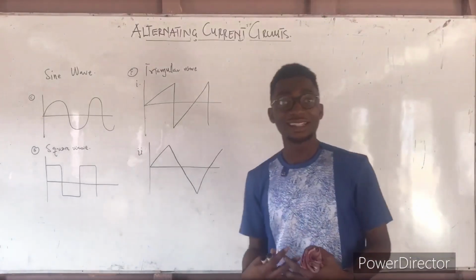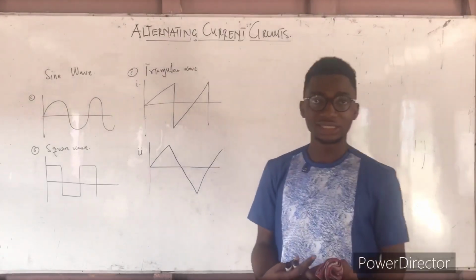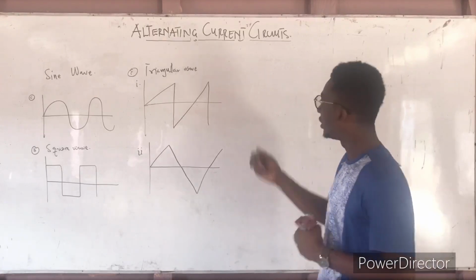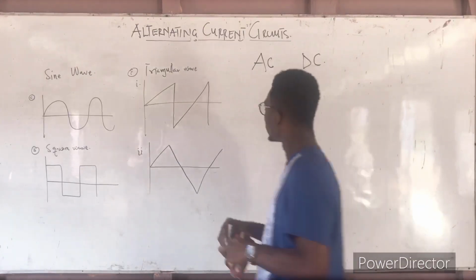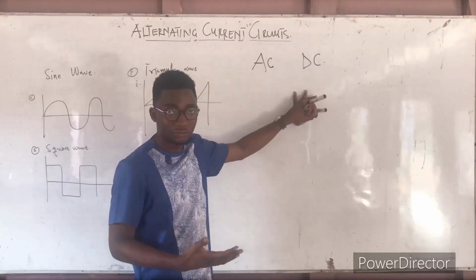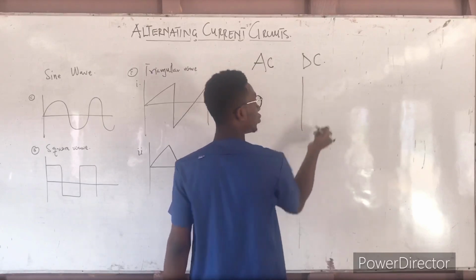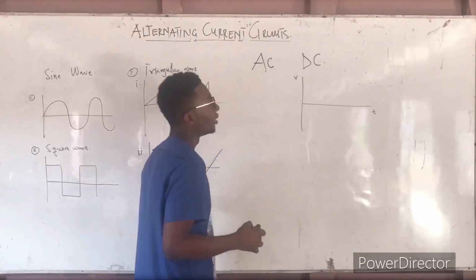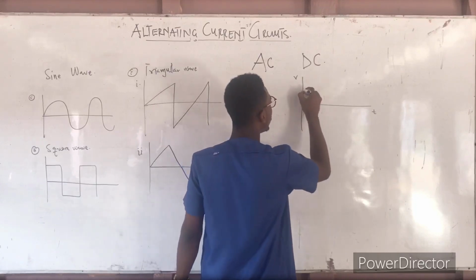Before we go to the slides to understand the idea of alternating current circuit, I would like us to do something over here and understand the difference between an AC circuit and a DC circuit. Now, AC circuit is very simple, and DC circuit is also very simple. How do we understand the two of them? Now, the DC circuit, so assuming we have a voltage across a time period, when you have a DC waveform, there is no